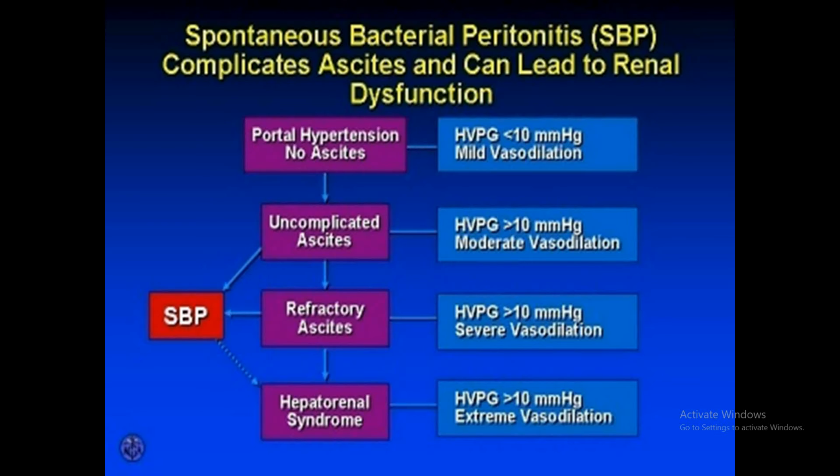You should have at least 500 leukocytes per cubic millimeter, in which at least 300 neutrophils should be there. If there are no neutrophils, and rather lymphocytes are there, it means that tuberculosis has occurred in the ascites.